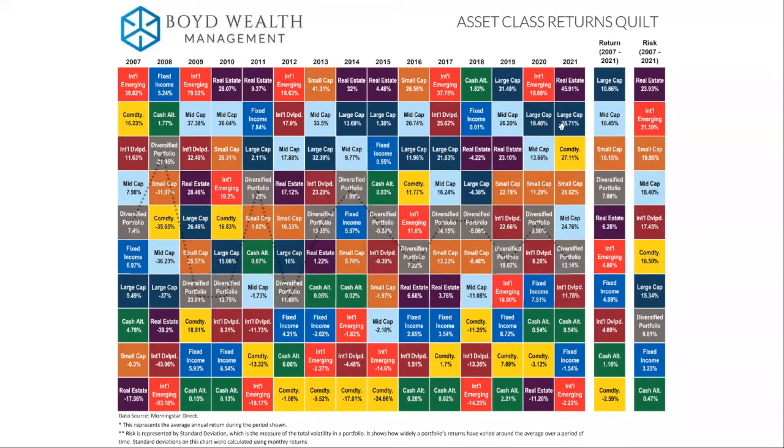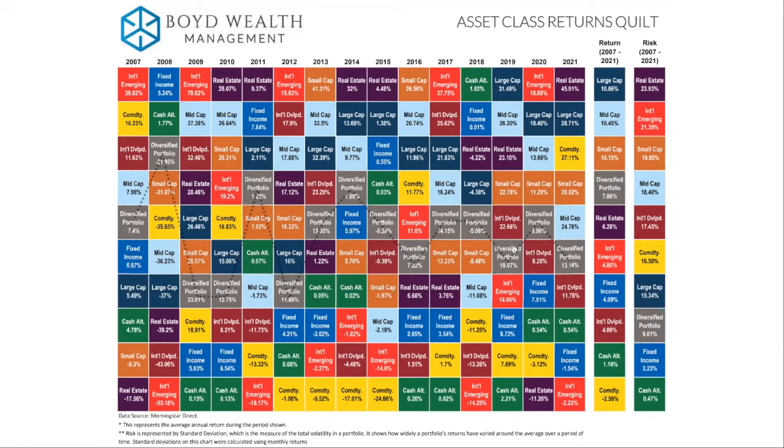Probably what stands out most on the quilt this year is, again, the dark blue large cap stocks, which represents the 500 largest companies in the U.S. The S&P 500 has now ended the year higher in 13 of these 15 years. In fact, over the last 3 years, the index has more than doubled, which is the highest 3-year return since the 97-99 period. You could see real estate was the top dog last year, delivering a 45% return after being the worst performing asset class in 2020.